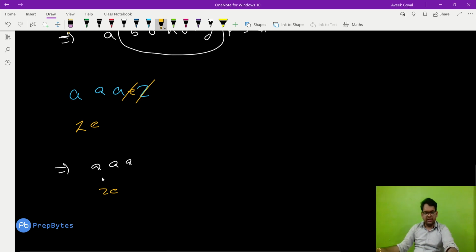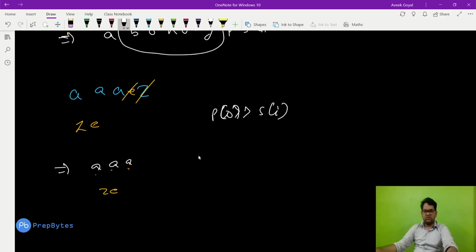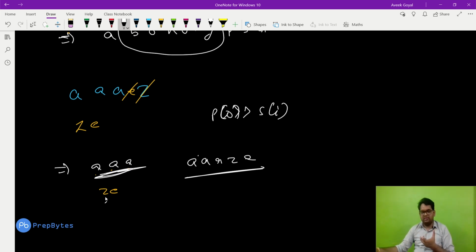Fine. Now see, all the characters of S are actually smaller than P0. So P0 is actually always greater than S[i]. So in this particular scenario, we can simply add P0 at the end to get the answer. This is a very simple case to handle. If P0 is greater than S[i] throughout the string, if there is not a single case where P0 was less than S[i], then it will be inserted at the end. Its correct position will be at the end.